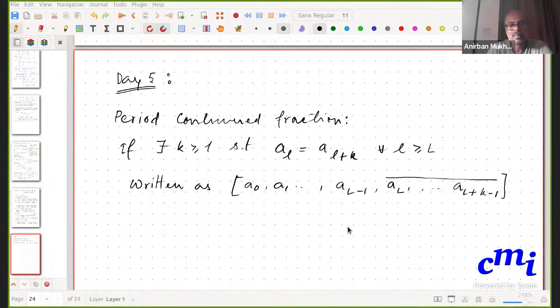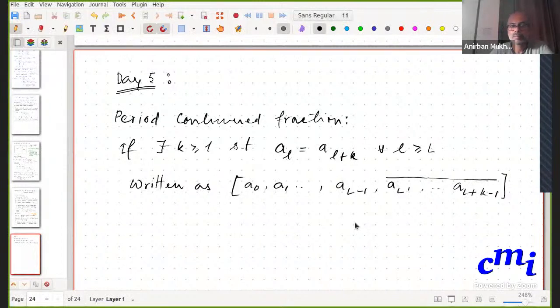Non-periodic part, but that's finite. That's the finite part. Then you have a block of length k, which repeats infinitely often, so which repeats infinitely. So that's the